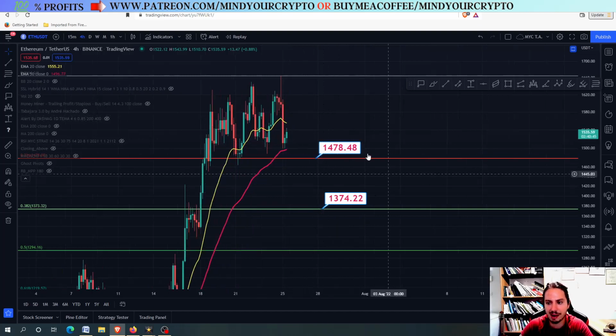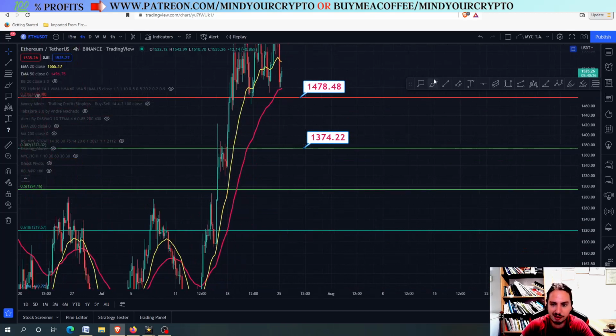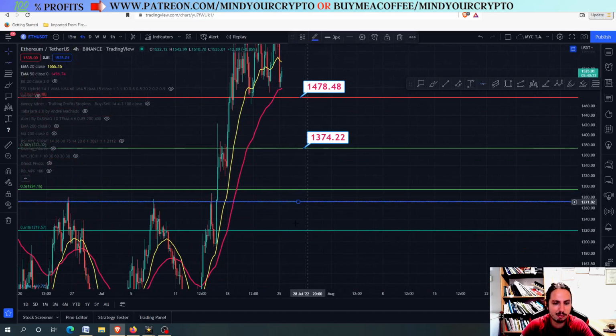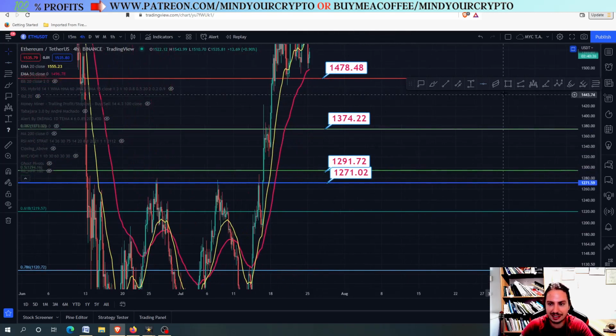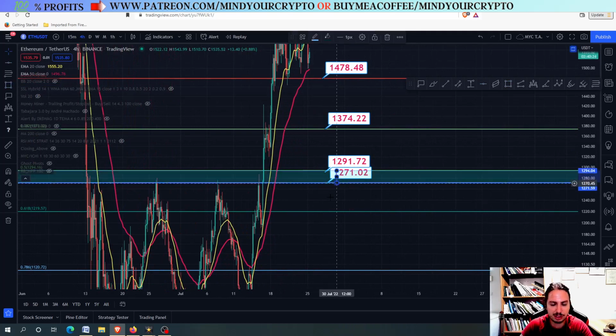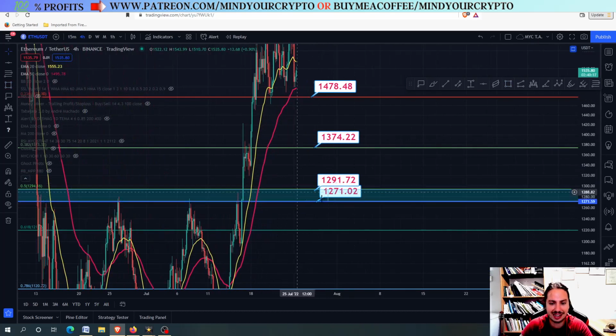So I would have in my mind these targets right here for Ethereum, and of course I would have the support level of around 1374. Then I would go back down here, and I would say that yeah, these are the most important support levels right here, the 1272 to 1291. This huge support level area is the most important one. In case Ethereum would go down here, then what I would do personally is I would buy a chunk, right? I would buy a chunk right here because there is a very high possibility that once we go down there,